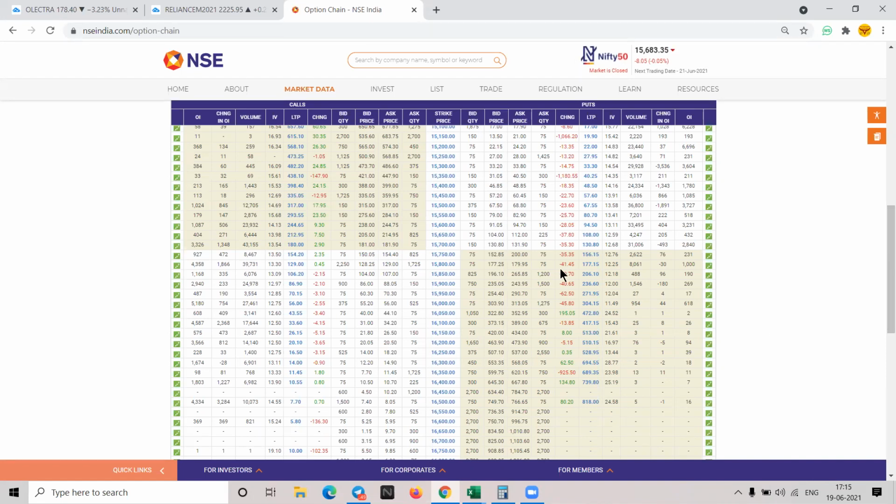Are you guys with me? Yes. So this is their buffer. If you look at 15,700, this is the 1st July expiry. It has 180 rupees present value. So the option seller has a buffer of 180 rupees. If the market goes below it, fine, because this is a call contract. But if it is not going 180 rupees above it, he would always be in profit.